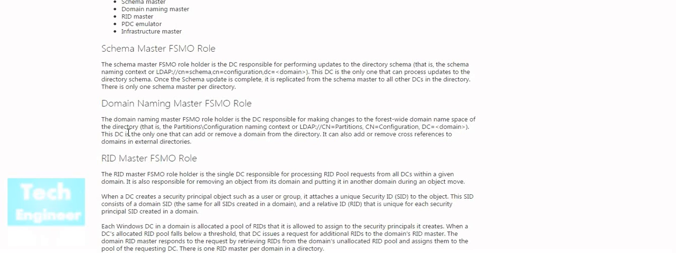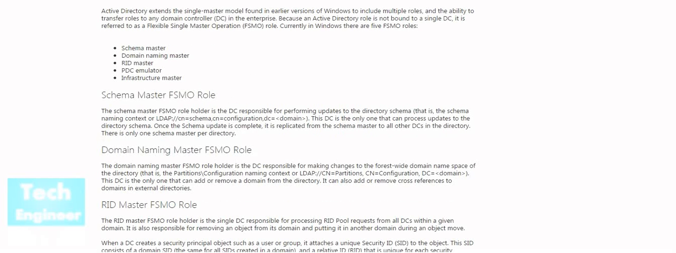This DC is the only one that can add or remove a domain from the directory. It can also add and remove cross references to domains in the external directories. Also, one thing I will tell you